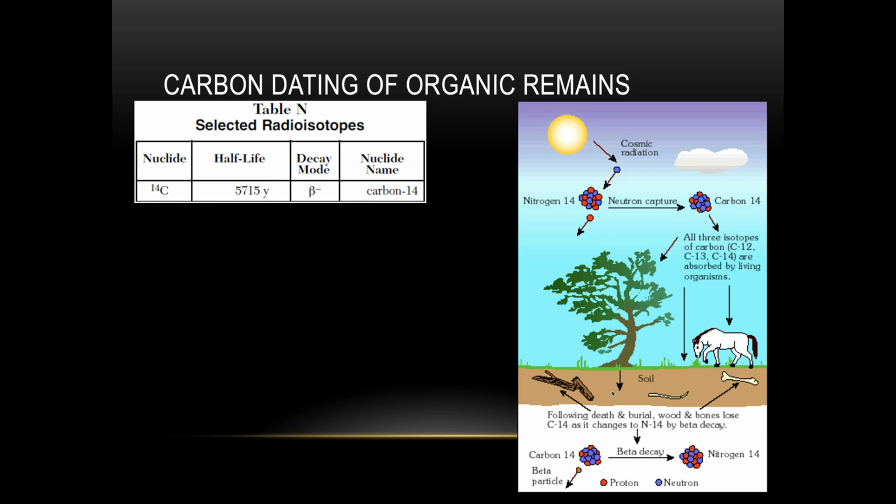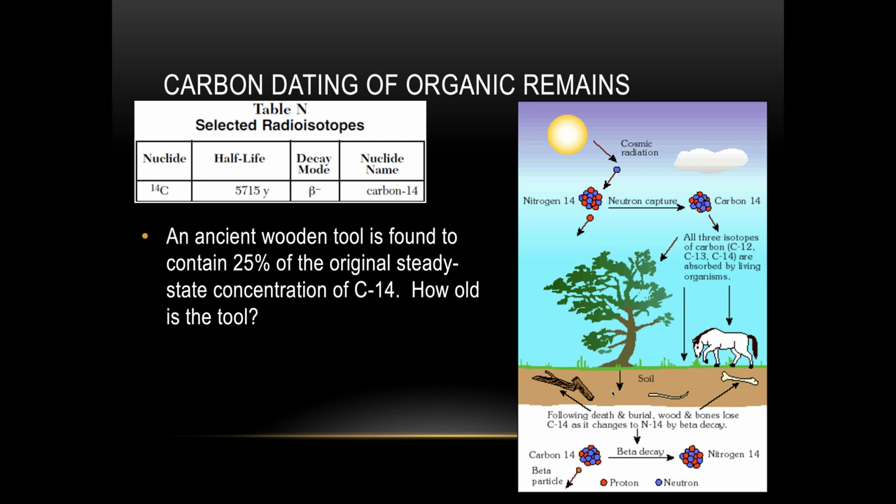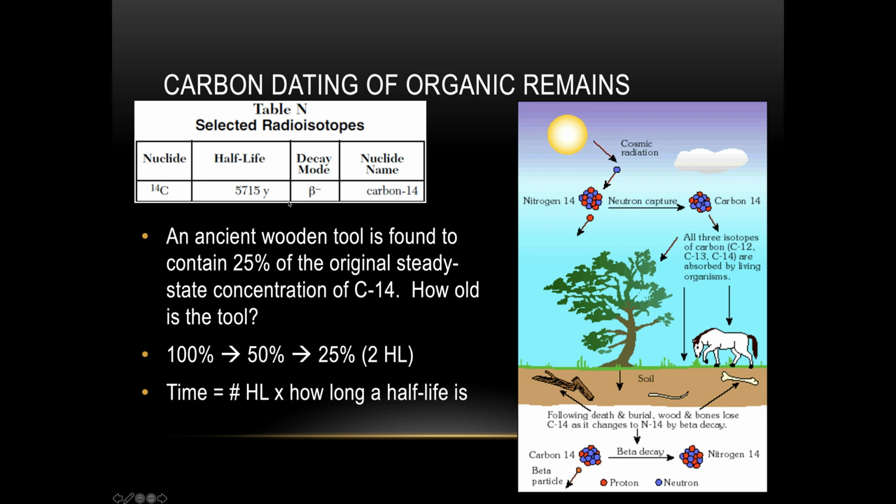Carbon-14 has a half-life of 5,715 years. So let's say we find an ancient wooden tool and it only has 25% of its original concentration of carbon-14. How old is this tool? Well, it would have originally had 100% of its concentration. After 1 half-life, it would have 50%. 25% comes after 2 half-lives. And since each half-life is 5,715 years long, we multiply the two together to get an age of